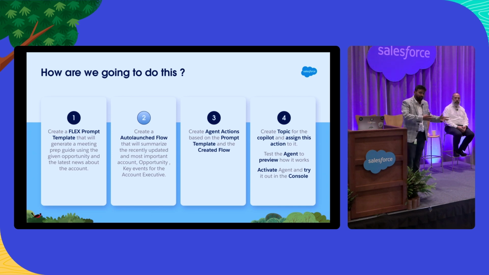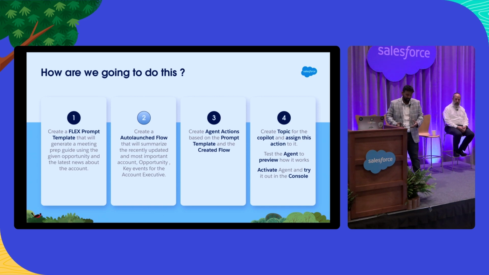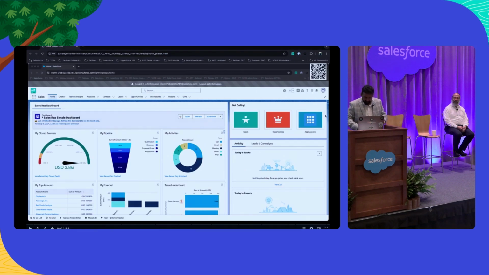Irrespective of whether it's prompt builder or the flow, the third and the fourth steps are the same. We create agent actions based out of these prompts or flows. Once we create the agent actions, we need to take them and load them into the agents so the agents can use these agent actions to fulfill the request that's coming into them. So we'll do that, and then we'll again test it, preview it, and finally we'll just assume the persona of Jake and see how excited he gets when this is all working. All right, with that said, let's get started.